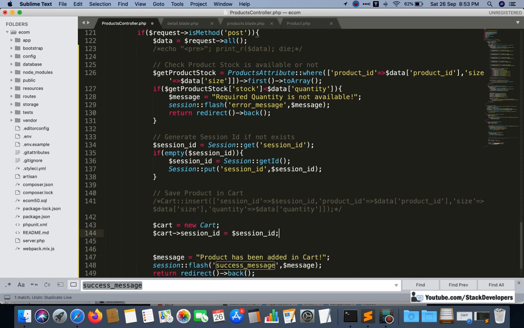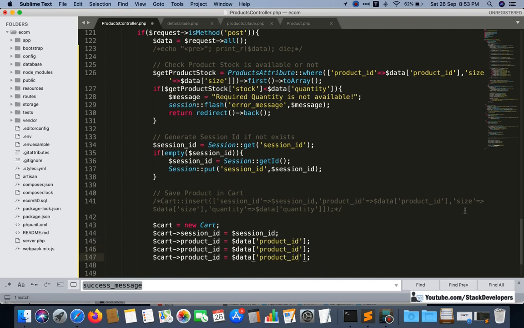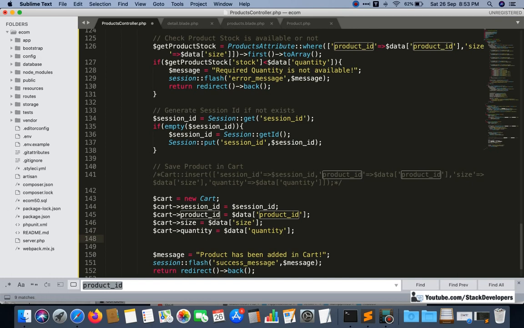Then product ID, and size and quantity. And after that I will save $card, save. So now this is the another way.